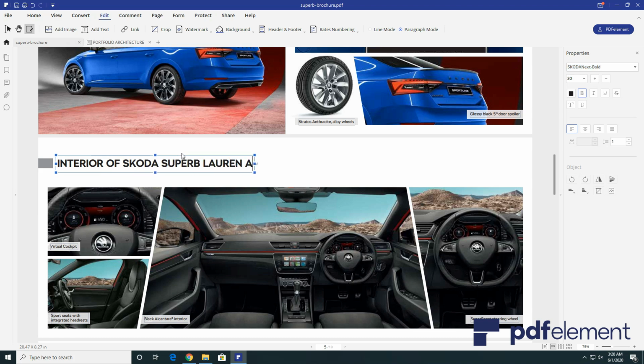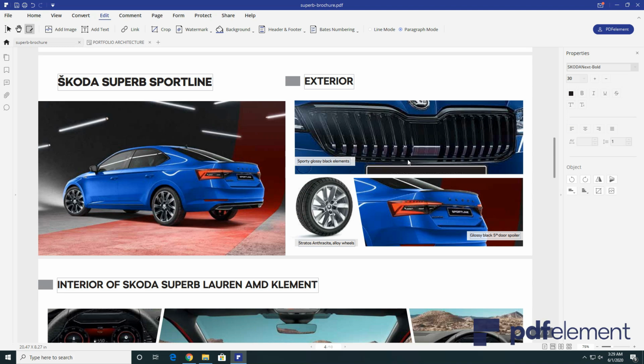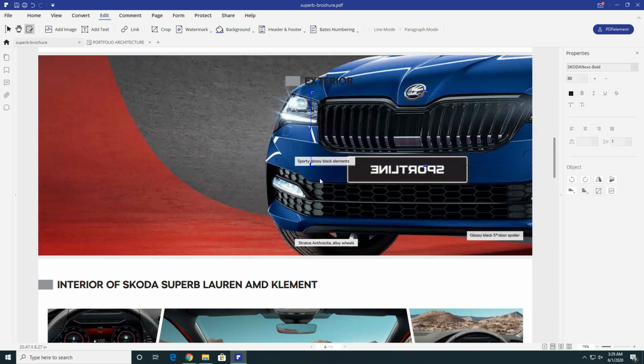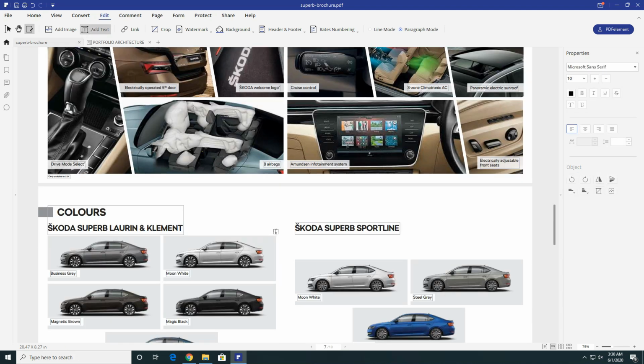So now there are many editing options for PDFs. You can edit the existing text as you want. You can edit the images, move them, rotate, mirror, or even resize the image. You can add an additional text box, and change the color, look, alignment, and the style of the text.